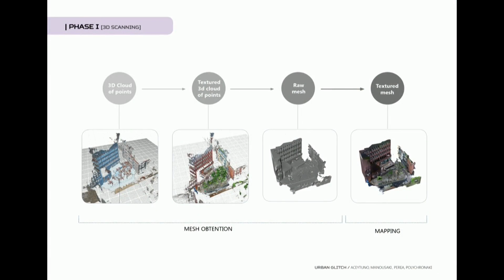So the common points of these photographs, through a photogrammetry software, created a 3D point cloud that provided us with the mesh and the texture, the geometry and the texture of the mesh of the site. Due to its excessive number of polygons, we used polygon reduction software, and finally, a 3D graphic software allowed us to reproject the original texture on the low polygon model in order to obtain a low resolution but high accuracy model.